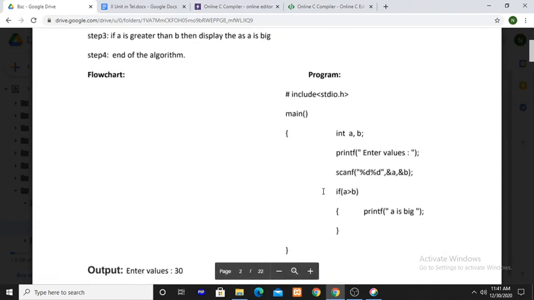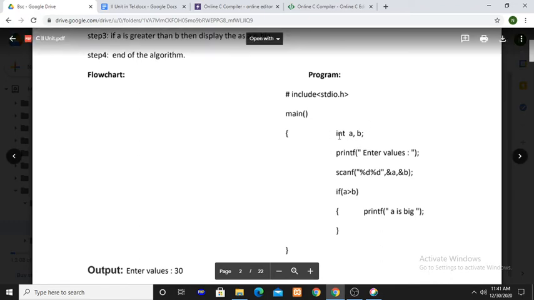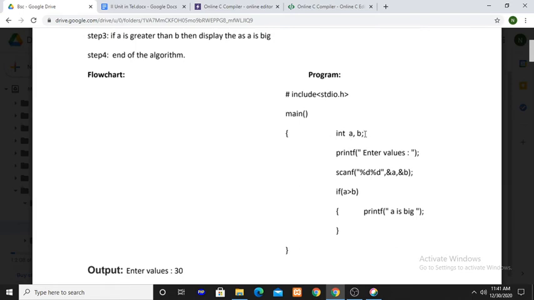So here is a simple program. In the main, this is the first statement, the declaration statement. Next you are reading the values of A and B with the scanf statement, and you are comparing which number is greater.